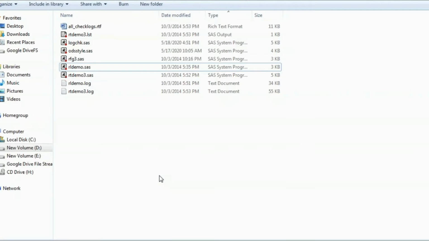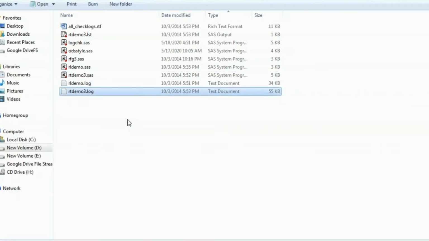But whenever you want to check all your programs' log files at a time, how do you do that? The interviewer may ask you this question, because if you are playing a lead programmer role, how can we ensure all the log files are clear without any error, warning, and important note messages? Hundreds of thousands of outputs are there, and two to three programmers are involved. As a lead programmer you have to give assurance, right? So here you can see we have two log files created. So how to check that this log is clear?